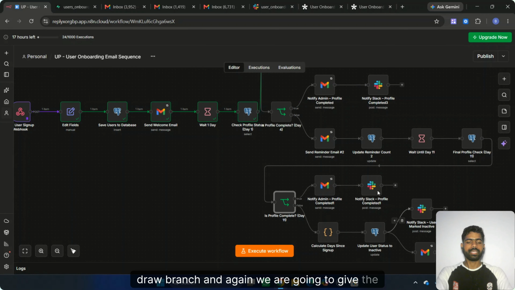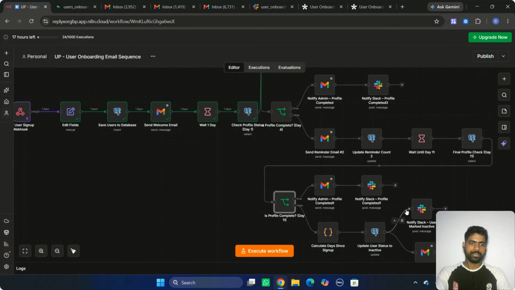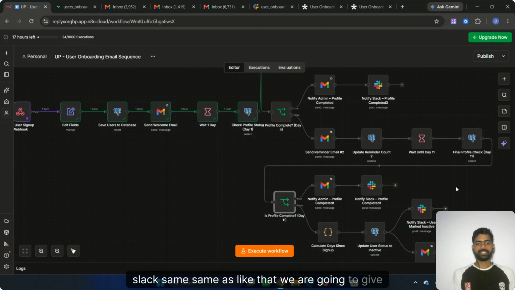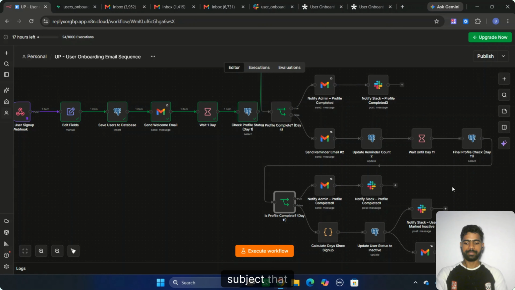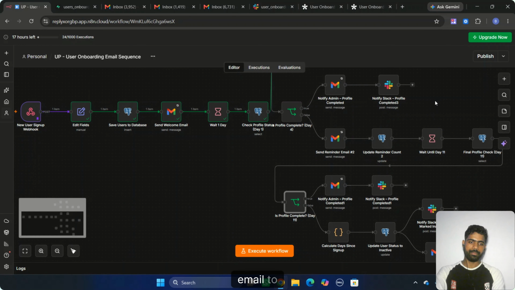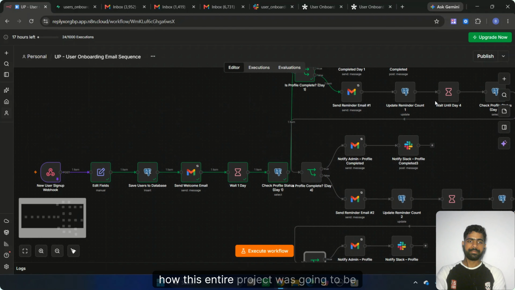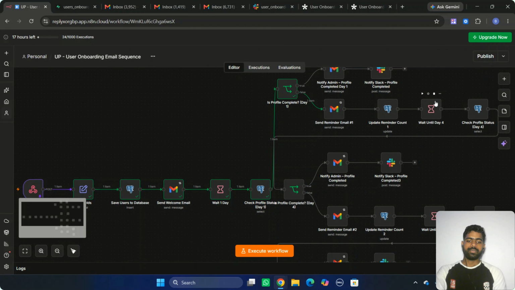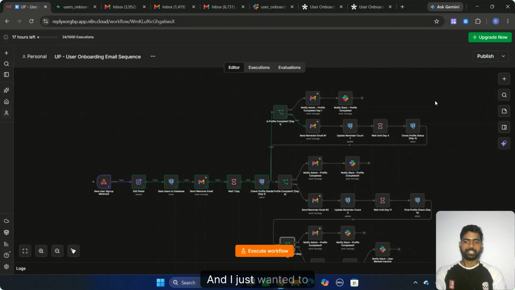Again, we give the same kind of notification to our admin, by email as well as Slack, but we just change the subject: the user completed their profile after the second reminder email. And that's how this entire project is going to be done. And I just wanted to